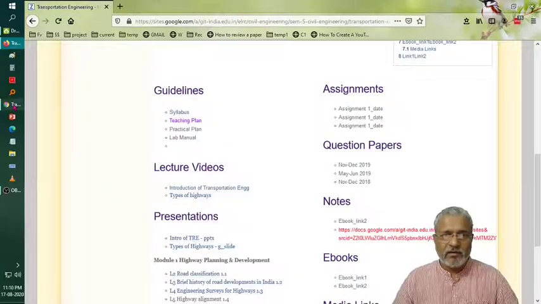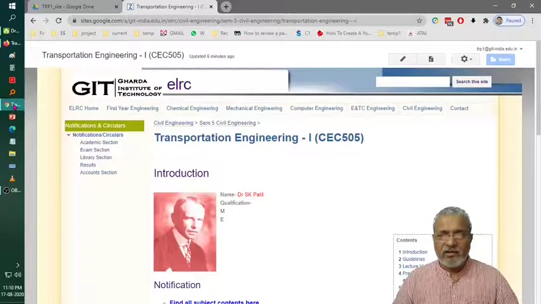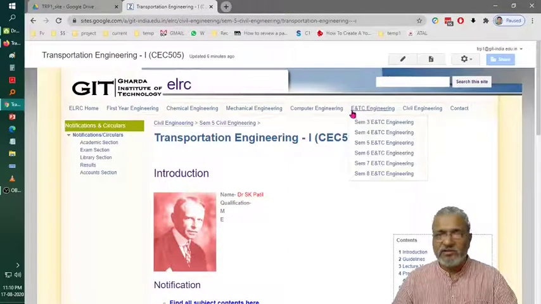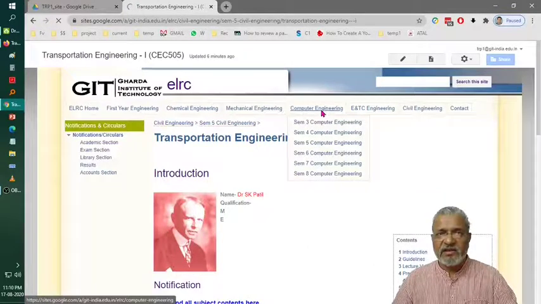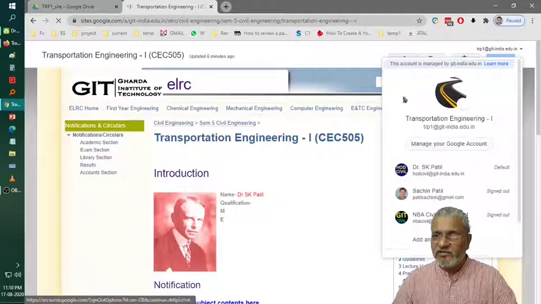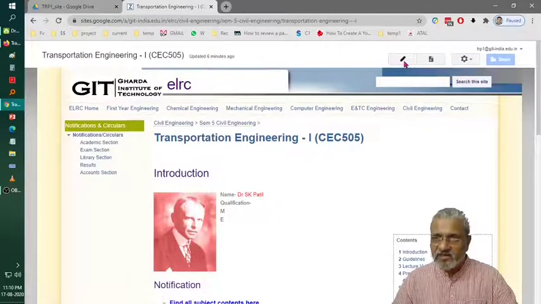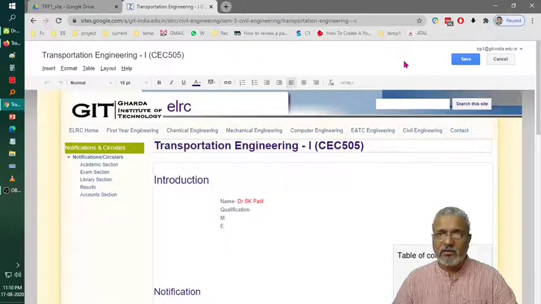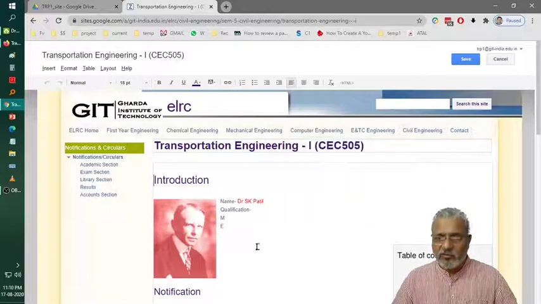Okay, now as a faculty, just now the student has edited and viewed the file. What I can do is I will just refresh it once again. Right now this is a subject ID which is opening the ELRC page as an editor. Okay, so I will be opening.